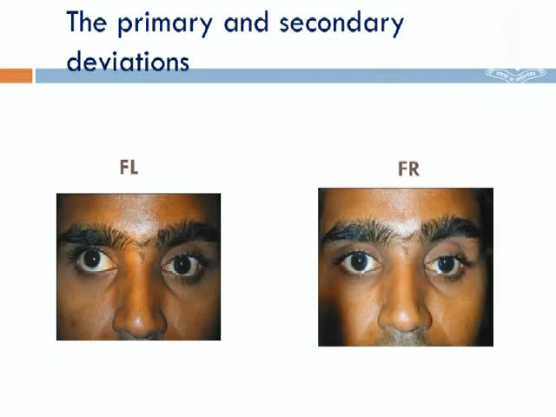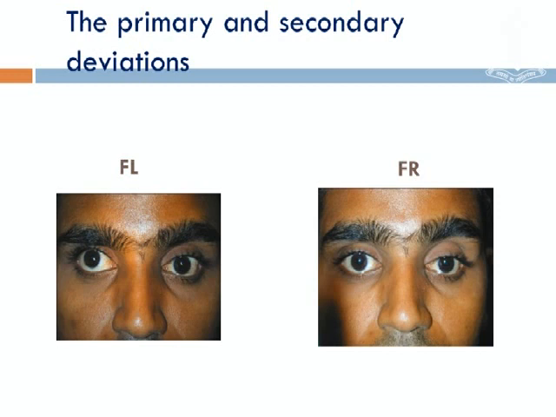So coming to the primary and secondary deviations, you need to know what is the primary. In all cases of binocular diplopia where you are suspecting any cranial nerve pathology, it is important you do the primary and secondary deviation. So what is your primary deviation? Primary deviation is fixing with the normal eye. The deviation observed with the other eye when the normal eye fixes, the movement taken up in the paretic eye, is the primary deviation. Whereas the secondary deviation is fixing with the paretic eye.